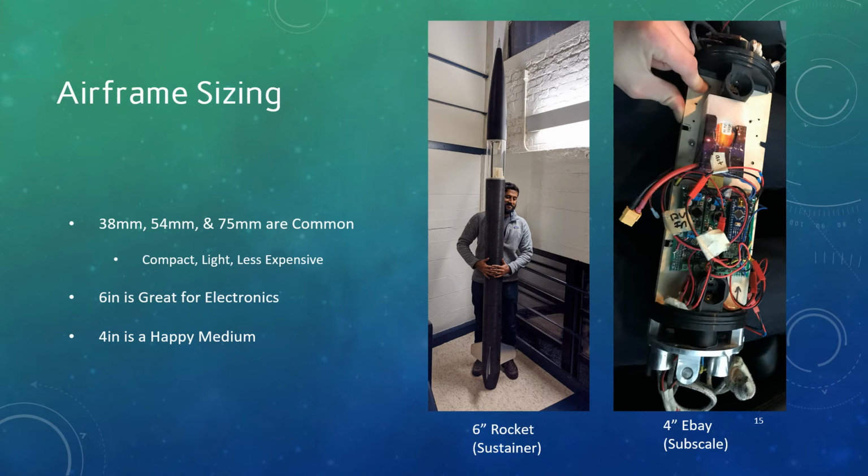And we even go bigger than that sometimes. Redshift is currently looking at 8-inch tubes for the liquid fueled rocket. But airframe sizing is an important decision you need to make early on in the design process, because that dictates what else you can jam in the rocket, what your payloads need to look like,